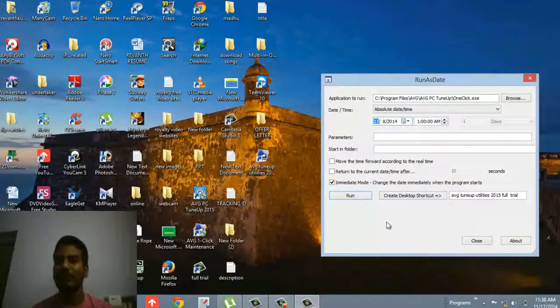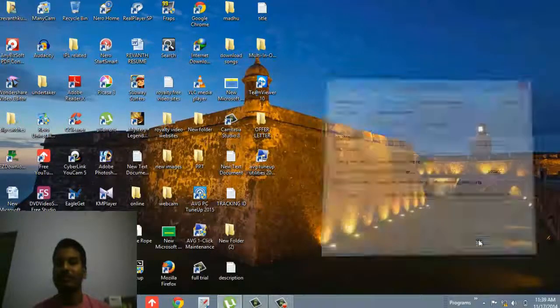My application has completed 10 days, so I have moved this 10 days back. And I created a new shortcut, because there is a good thing in creating a new shortcut. I will show you. I created the shortcut, then run, close it.